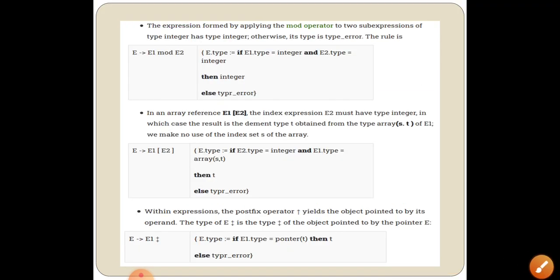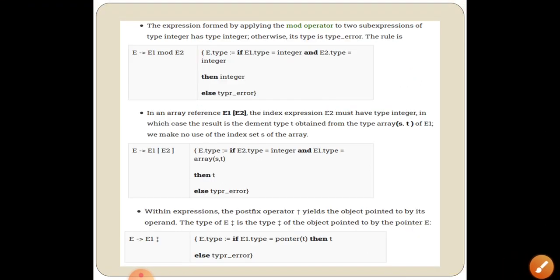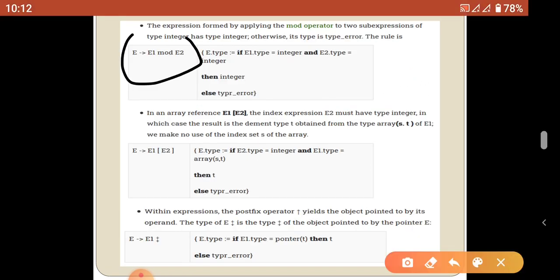Now already we told that the only operator used in the given grammar is the modulus operator. For the modulus operator, we are going to create a rule. There are E1 and E2. E1 is the left side operand, E2 is the right side operand. The operator is the modulus operator. If it is a modulus operator, it means both E1 and E2 should be integers, otherwise it informs a type error. Come to the rule.